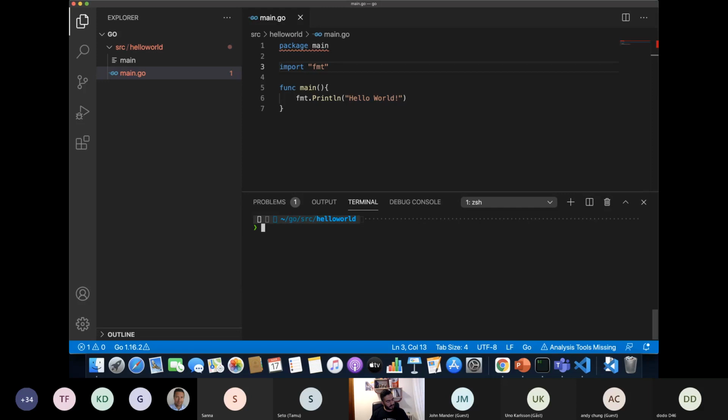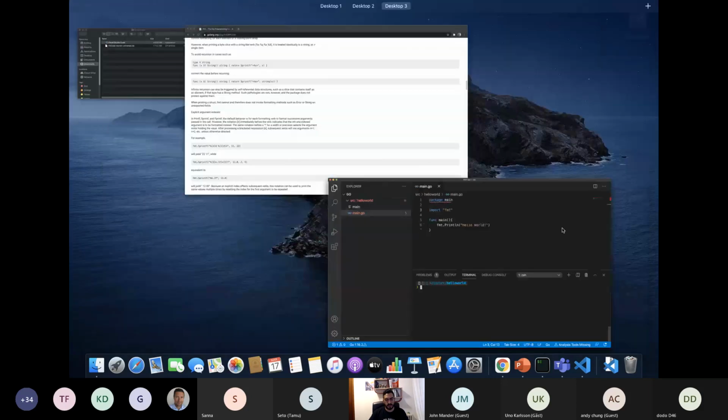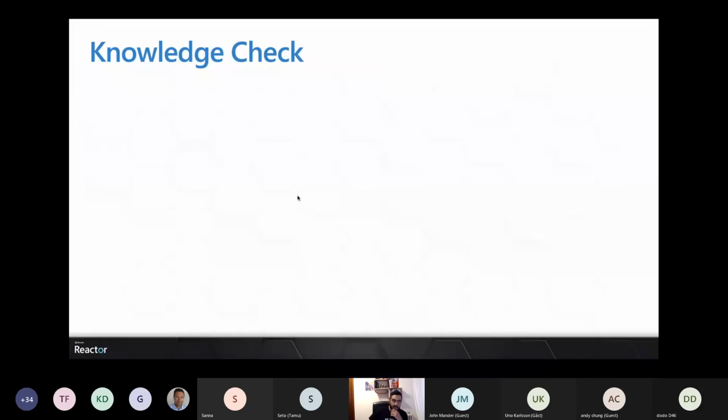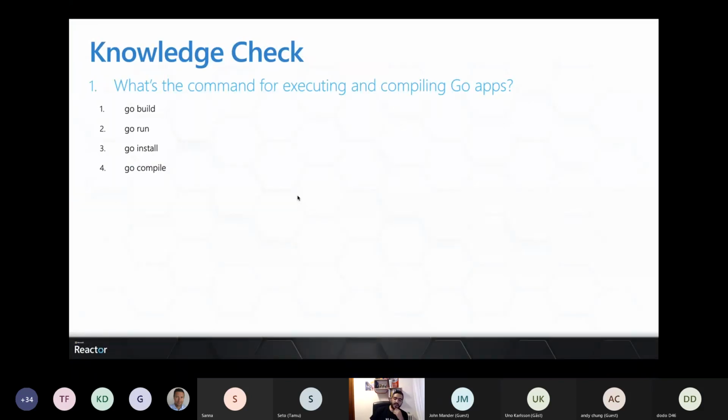So with that in mind, I guess that we can close this with just a few things that I would like to add here. What's the command for executing and compiling Go apps? If you remember, we already talked about this. Go build simply creates the binary, right?